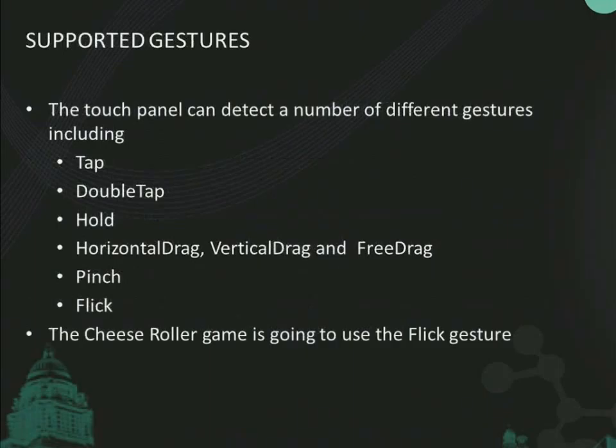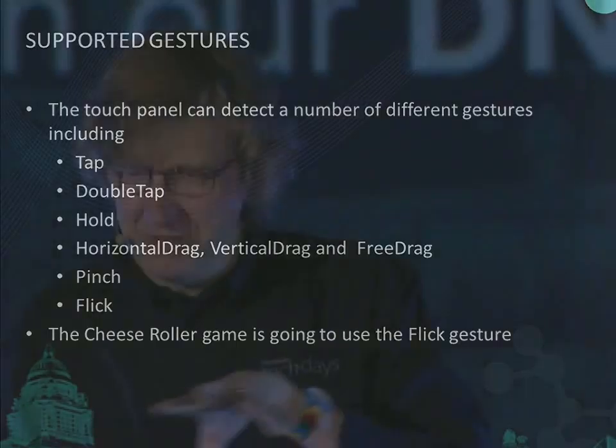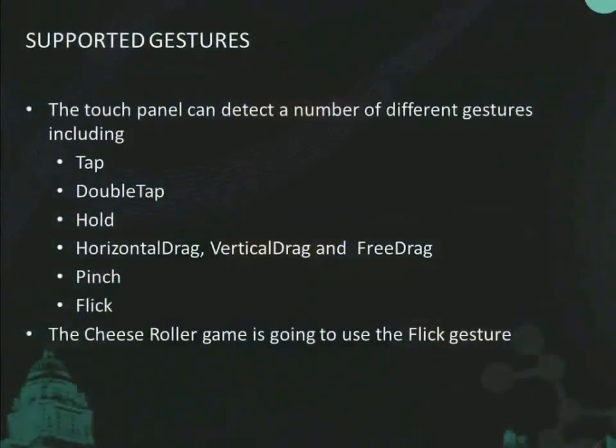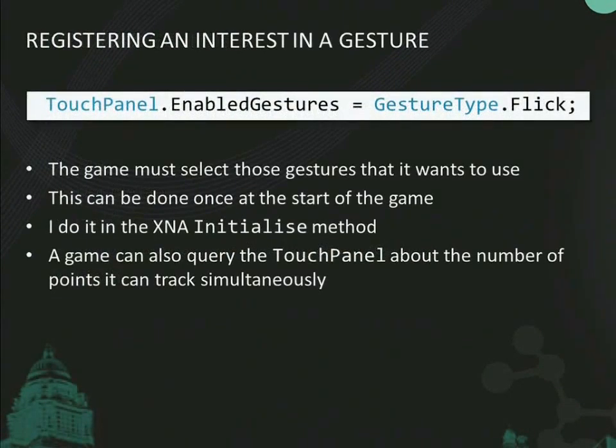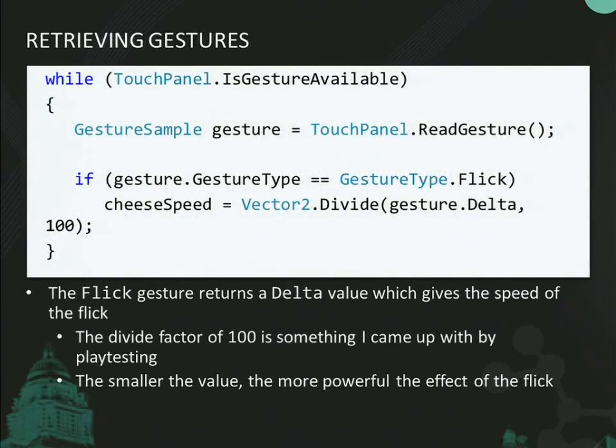So effectively, there's a whole bunch of gestures. Telling people about gestures sounds a bit rude, but no, not really. There's a whole bunch of different gestures you can pick up. Tap, double tap, hold, drag, pinch, and flick. We're going to use flick because it's really easy to get hold of. So all I have to do in my game is say, okay, Mr. Touch Panel, enable the flick gesture, please. Now, the touch panel will track flicks for me, okay? And you can ask the touch panel other things like how many points can you track and all kinds of good stuff like that. And this is effectively the code which you have to add to your game